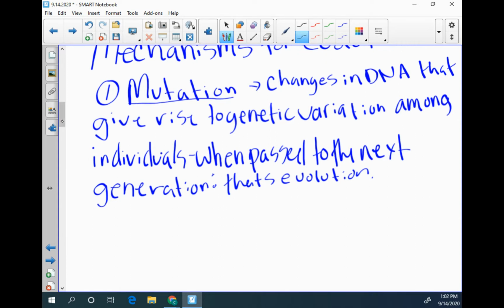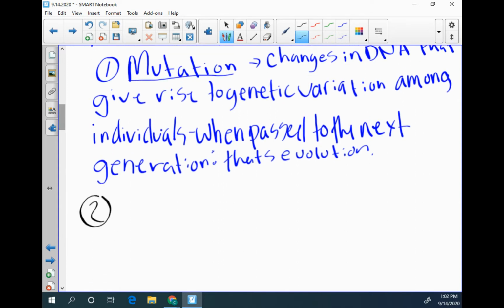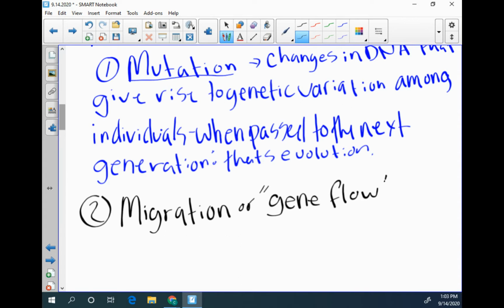The next mechanism we are going to call migration, or gene flow. We talked about the difference between immigration and emigration and how those compare and contrast to migration in our population size conversation. In migration, as a mechanism for evolution,